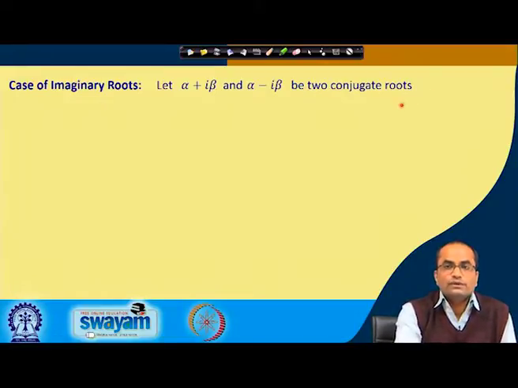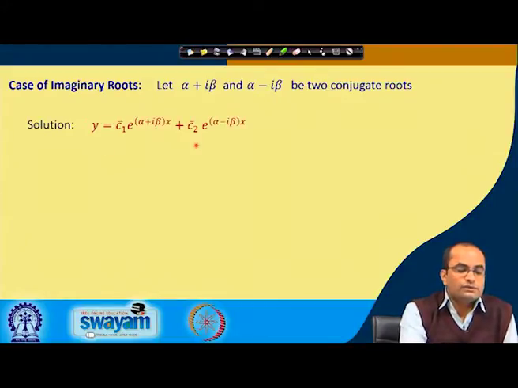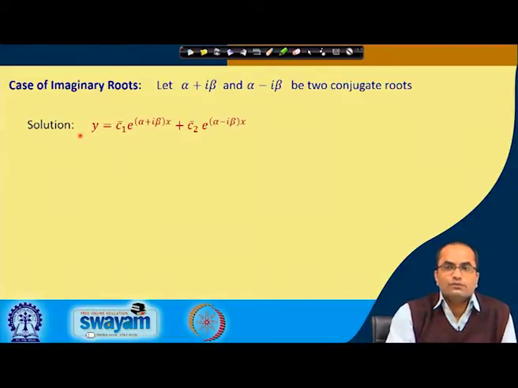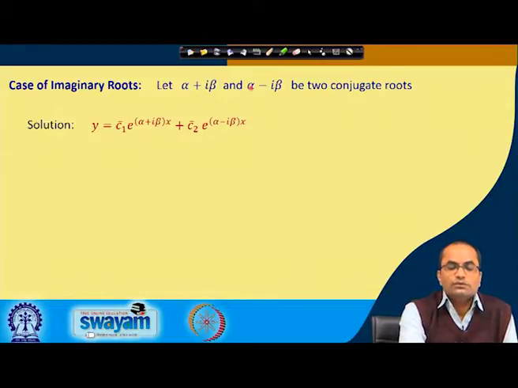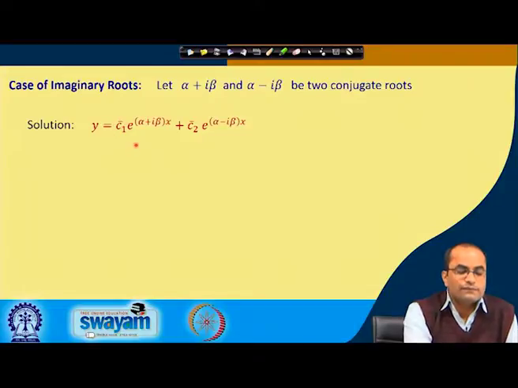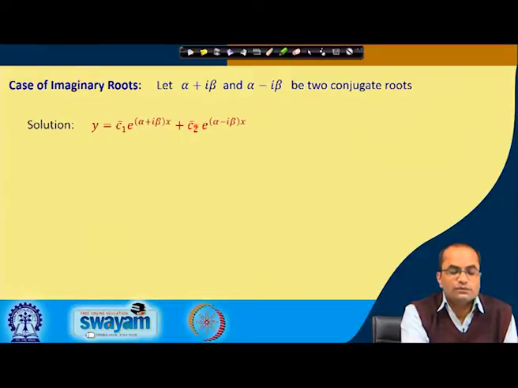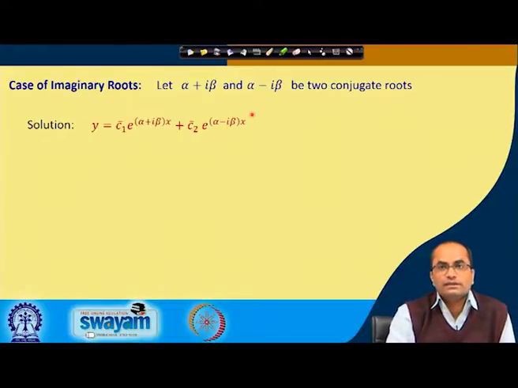So, for two conjugate roots, the solution exactly follows from case 1 when we discussed the distinct roots, and here these roots are distinct, they are not the same root. So, we write our solution in that form: some constant C 1 and exponential of the first root, e power alpha plus i beta x, plus C 2, another constant, e power alpha minus i beta x. Because in case 1, for the distinct roots, we have not assumed whether they are real distinct or imaginary distinct roots.